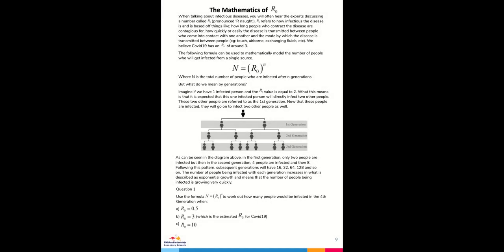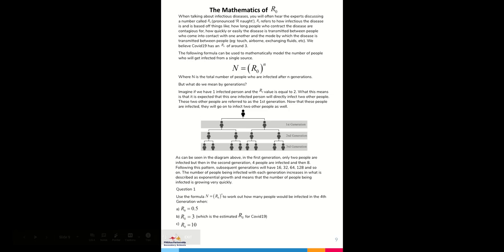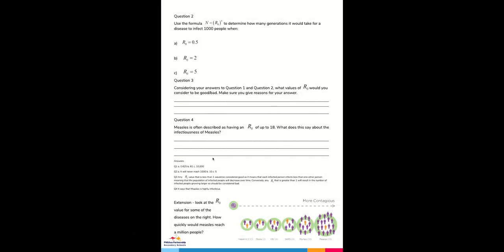We've also got some maths activities. So this maths activity is explained in the book, in the learning journal, but it's essentially looking at how transmissible COVID-19 is, or how transmissible diseases are, using n equals R naught to the power of n. So looking at how many people can become infected and how infectious diseases are. So there's some maths work for you to look at here in understanding the diseases. Bunch of questions. The answers are here, so don't worry. You can check them, but try and do them yourself first.